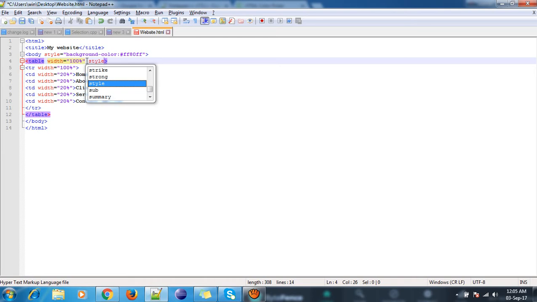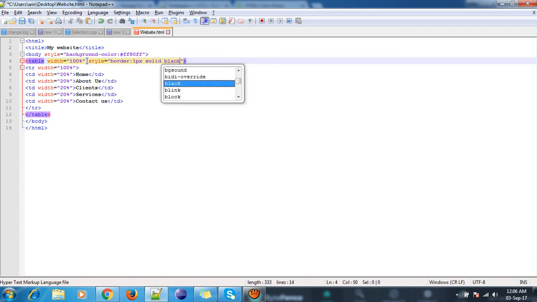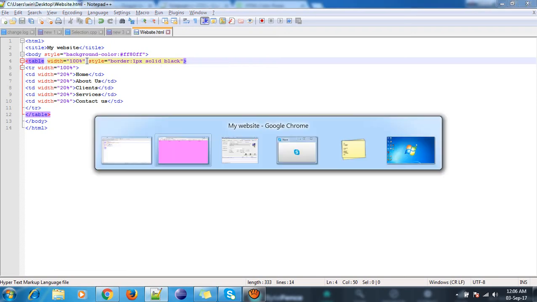I'll give style is equal to border colon 1 pixel solid black. So 1 pixel solid black will be the border.